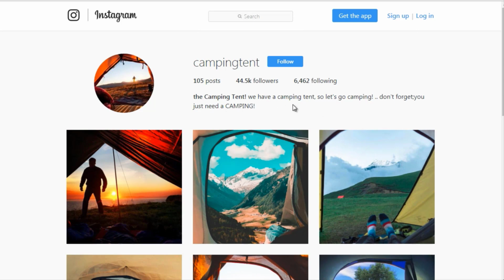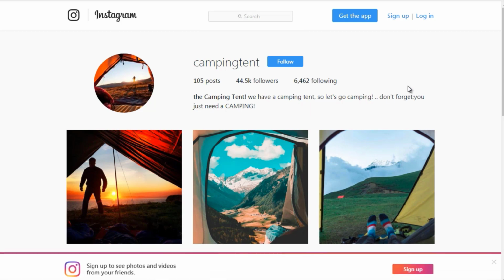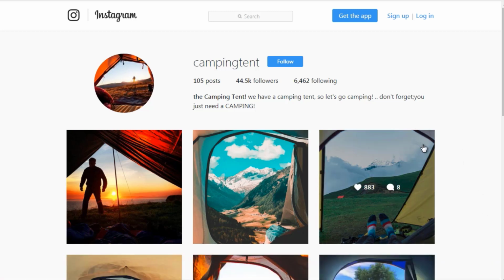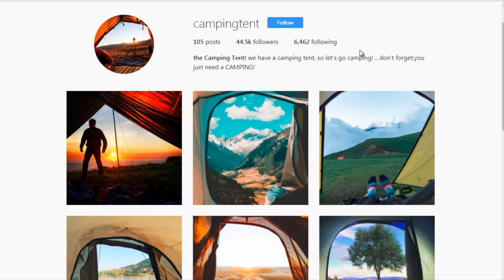This person obviously does not have a URL, so he's losing out on making income, and that's probably not the reason why he's on here. But as you can see here, camping tent, 44,000 followers. He could be redirecting people to a blog, or you could also do a Shopify store. But a blog would be better because then you're still